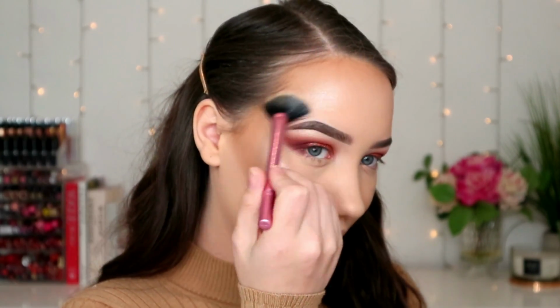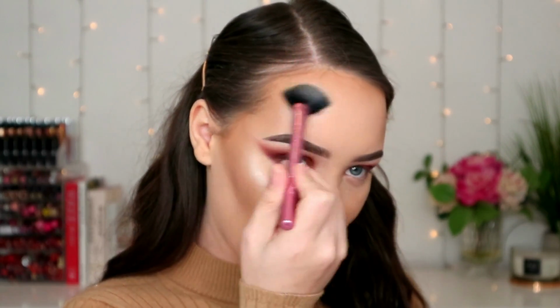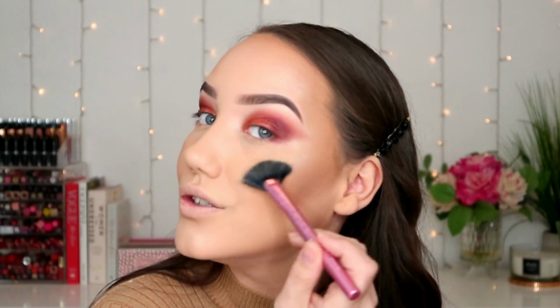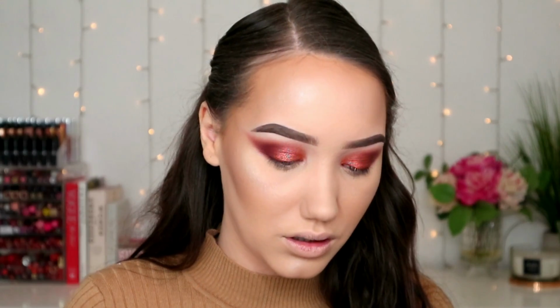Yeah, there's just something about a fan brush that I've been enjoying recently, like I said in a video that I did recently. It just blends everything so much better. Sometimes I can get very harsh lines with highlight, but